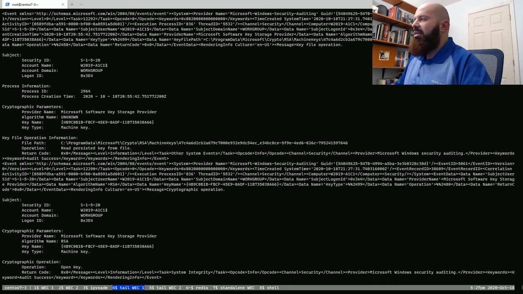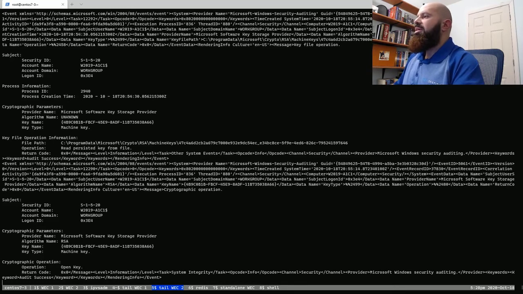So here I'm just tailing the messages on the first node. These are messages just being written to file as is after being run through syslog-ng. But if you want, you can process these further using syslog-ng, format them however you want, filter, whatnot. But these are just the raw messages, just so we can see them coming in. And then this screen is tailing the messages on WEC 2. This is going to be static just because no messages are currently coming in on this node, because they're all going in the first one.